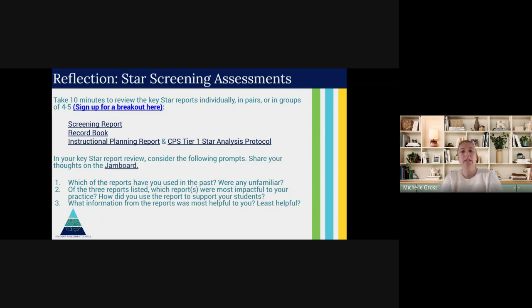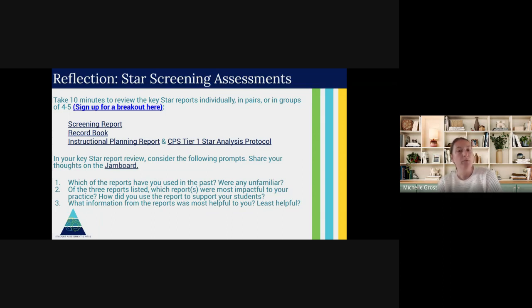Got about 30 seconds left, but Bridget, I did want to expand on your question here. She asked, do you recommend the benchmark to be district or state when looking at the instructional planning report? CPS does suggest using that district benchmark to look through your data and see where they are category wise. State is an option there for you. It will always be there if you want to run that report with the state benchmark as well. But district is what you should be focusing on when you use that report.